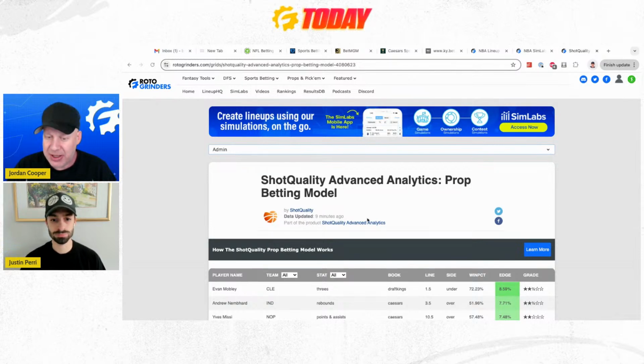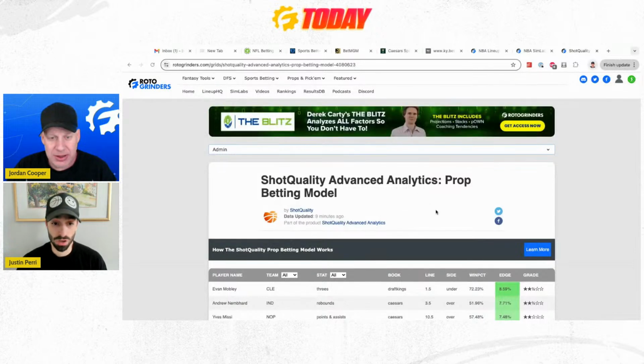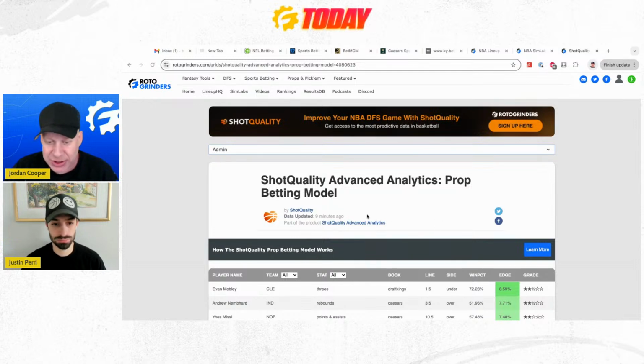I'm assuming that this stuff gets updated for free, Justin? Oh yeah, all the time. It says data updated 9 minutes ago. I always say when it comes to this type of stuff, make sure you take a look at the timestamp. Because if you don't reload the page and you come back to this 3 hours from now, you haven't reloaded the page. Reload the page. Make sure that the data that you saw is there.